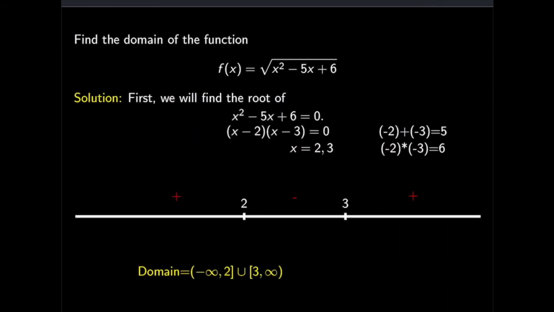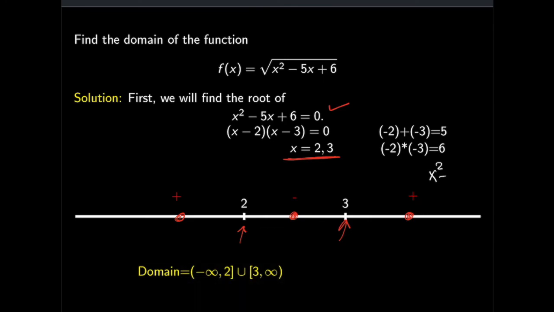So what I will do is set this expression equal to 0, and then calculate the values of x. This time I have two values of x; last time I had only one. So I will plot those on the line. Here I plot these two values. Then I will pick a testing point, one on the left, one on the right, and plug these testing points into the function,